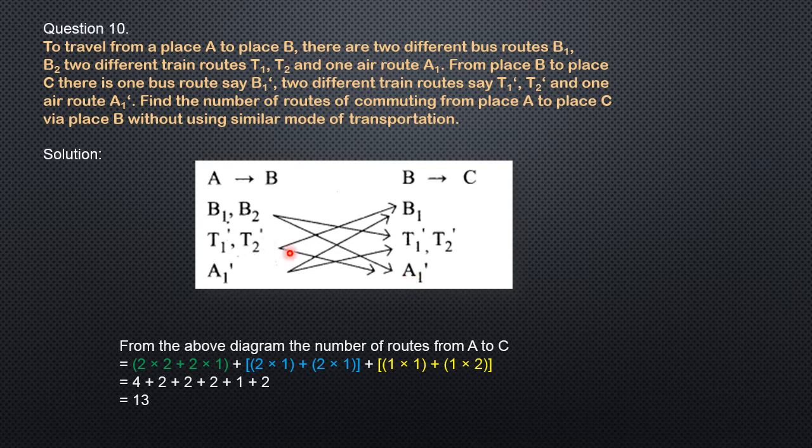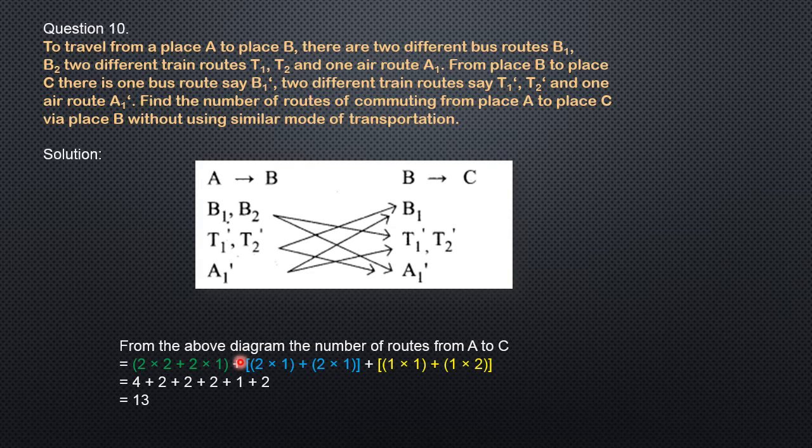So note it. Now I will consider the starting case, that is bus route, two bus routes. So use two bus routes from A to B, then go to the next transportation. Don't use a bus route again. Come to train, T1 or T2. Then I can reach C. So this is one of the ideas. It is 2 bus, therefore 2 into 2 train, this is 2 into 2. Or another way, 2 bus routes, 1 air route. So 2 into 1. Or means use the plus symbol. This is one of the cases to travel from A to C.